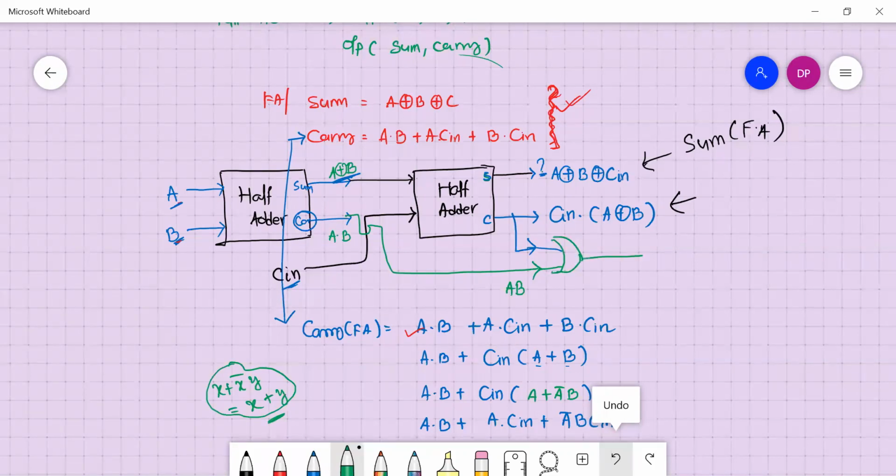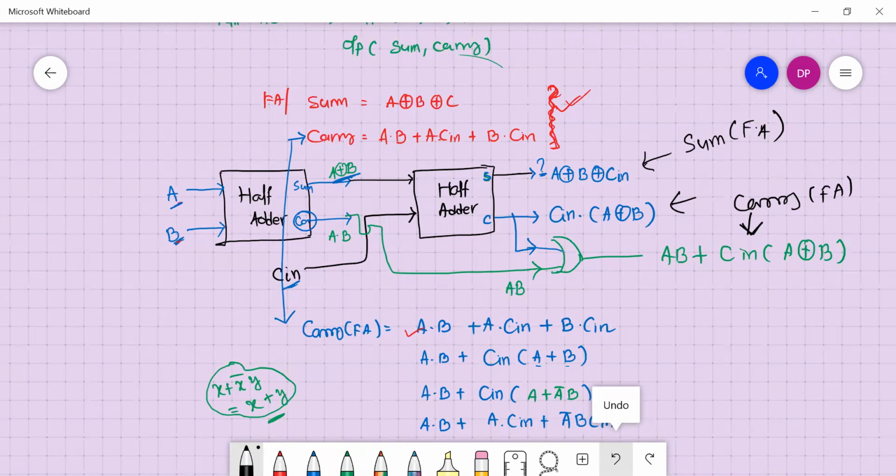So this output will be AB OR with C in A XOR B. This is the carry component of full adder. So in this way, we can construct full adder using half adder.